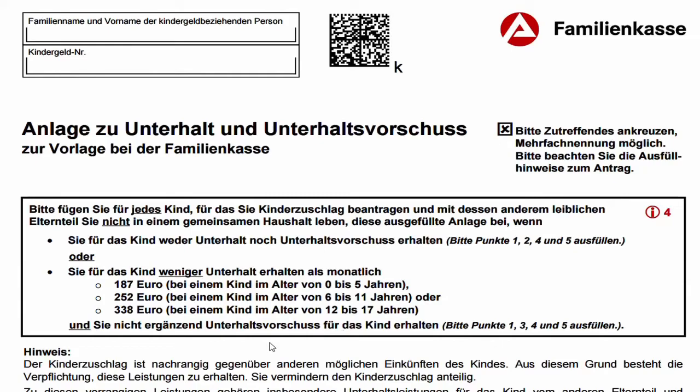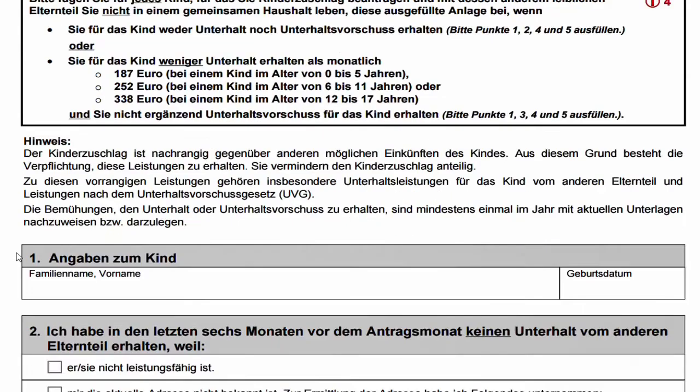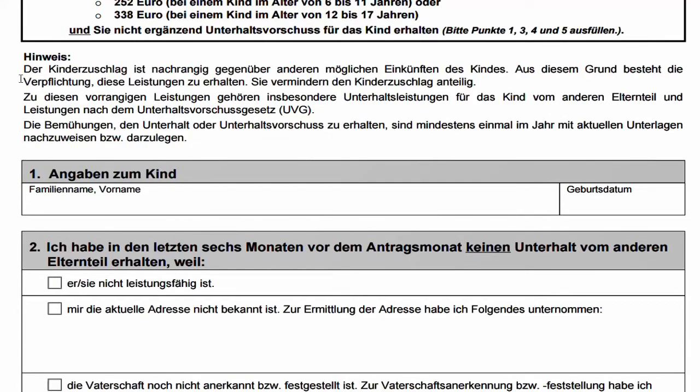Note that the child allowance is subordinate to the other possible income of the child. And if the child has these incomes, the child allowance will be reduced proportionately. These priority benefits include, in particular, maintenance payments for the child from the other parent of him or her, and benefits under the Maintenance Advance Act or